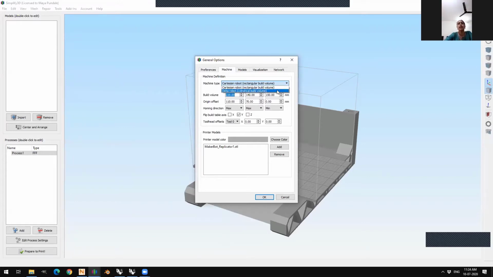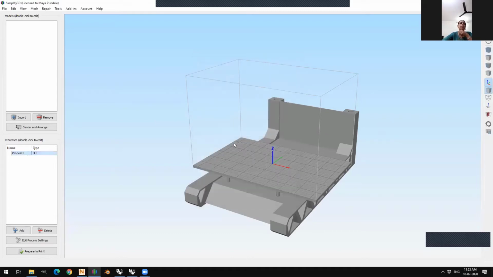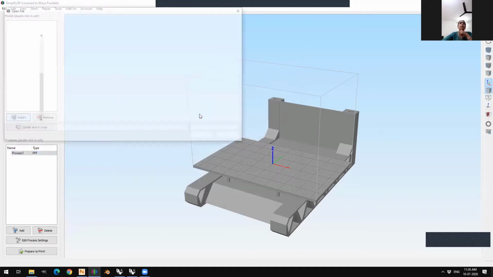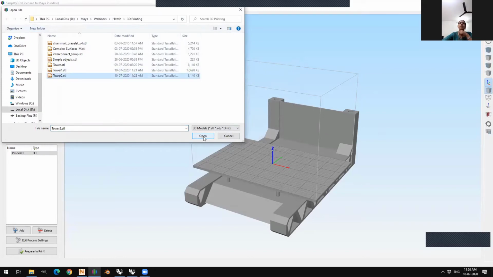In case of Delta, the extruder is created out of three handles, and they together move it, and the build plate is circular, cylindrical in nature. So what happens is, let's say I'm talking about 6 inches and 1.5 inches. So for this particular size of bed, I'm going to be importing that tower 2 that we just created.